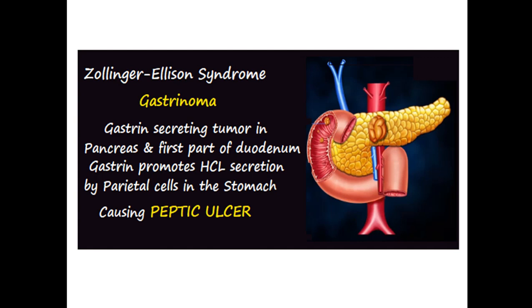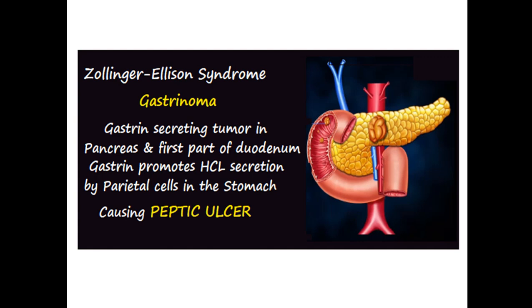And these G cells secrete gastrin, which is carried in the blood to the parietal cells, which are mostly located in the fundus and body of the stomach. The function of the parietal cell is to secrete hydrochloric acid as well as a very important intrinsic factor,